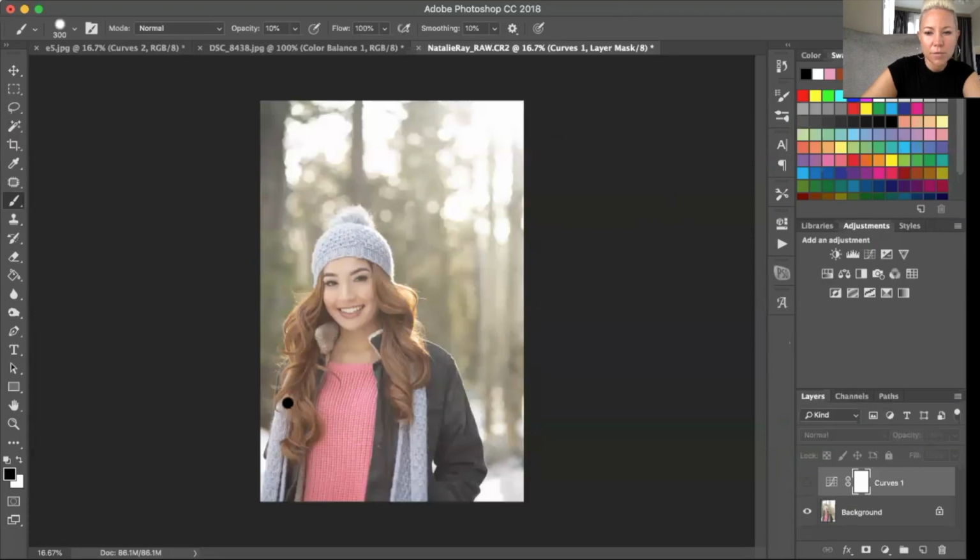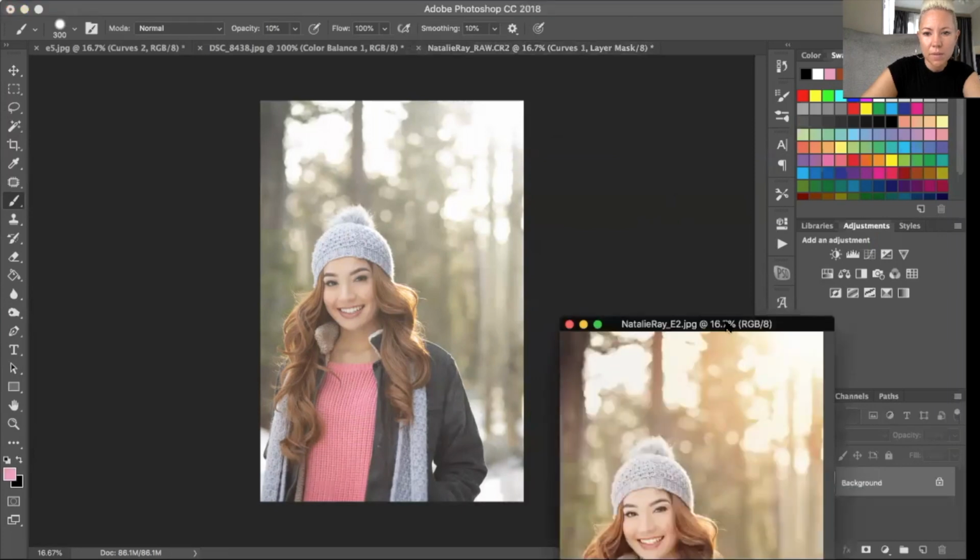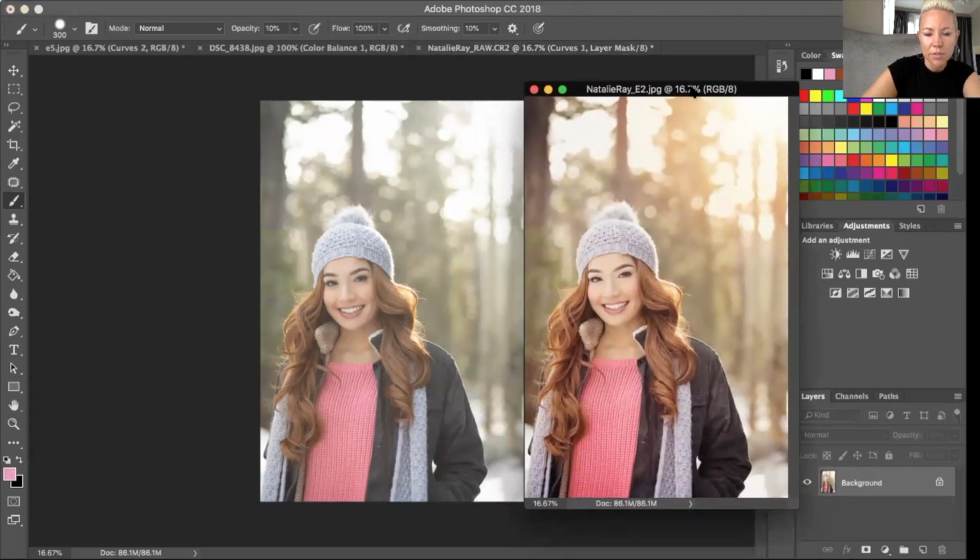So here's the before we played with the curves. And here's the after. So this is after the Perfect Portrait workflow, which is in our retouching masterclass. And we added a little bit of a sunburst as well, just some color there. So you guys can see what a huge difference that makes and how this image looks so much more professional